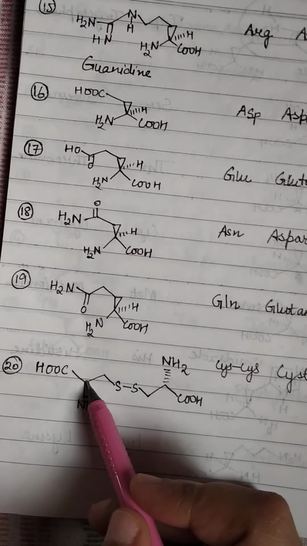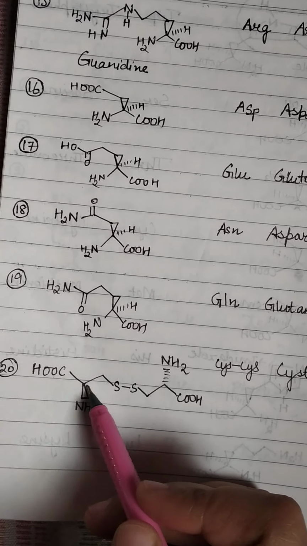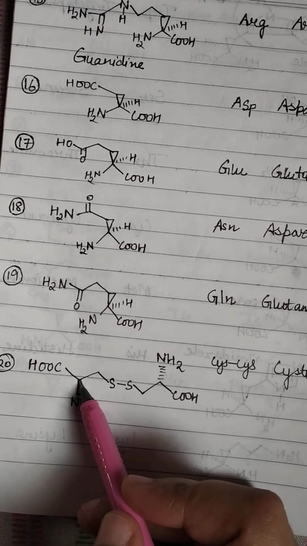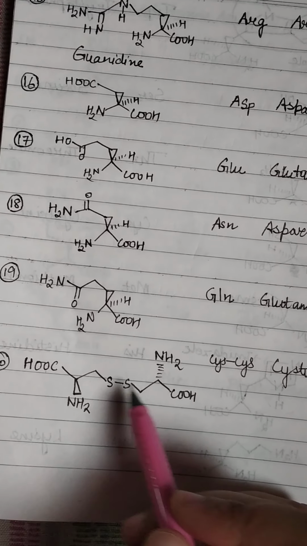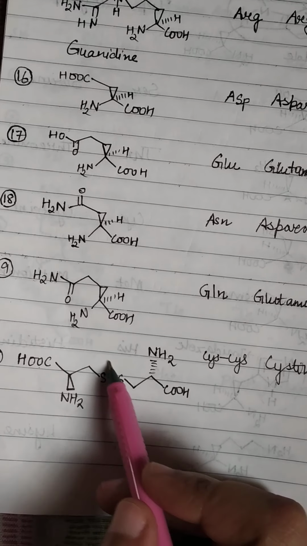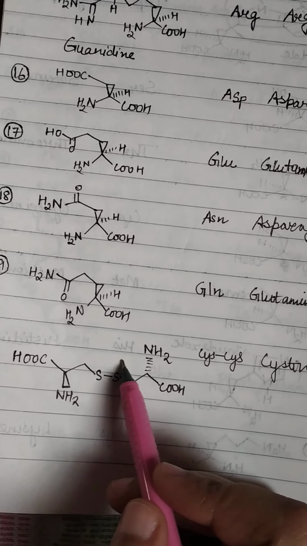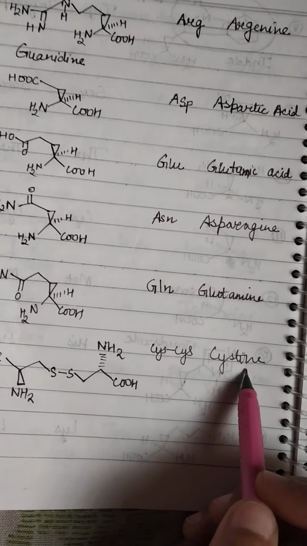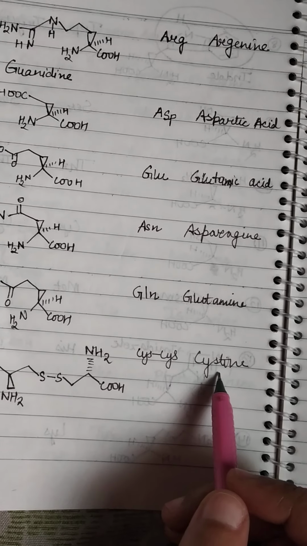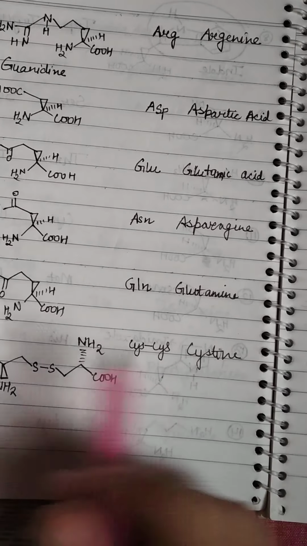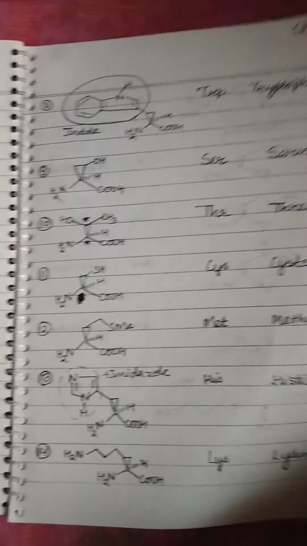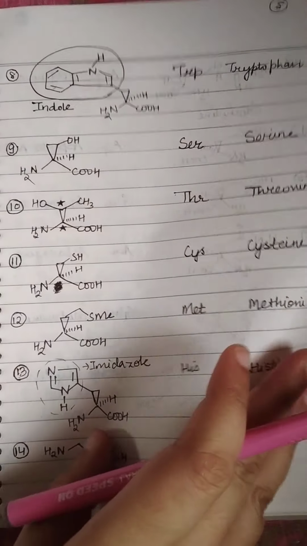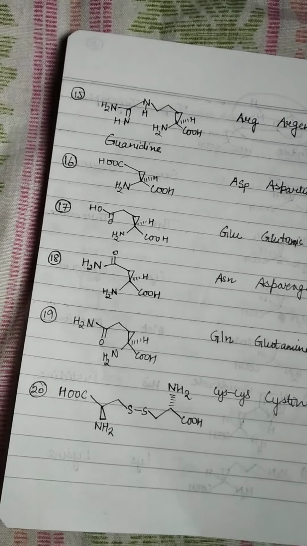So this is the carbon, COOH, NH2. This is the basic structure of any amino acid, and this was the R group of this cysteine group, and this was the R group of another cysteine group, and they become attached and became cystine. So there is a spelling difference between these. This is cystine, and that single molecule was cysteine. So there are 20 amino acids.